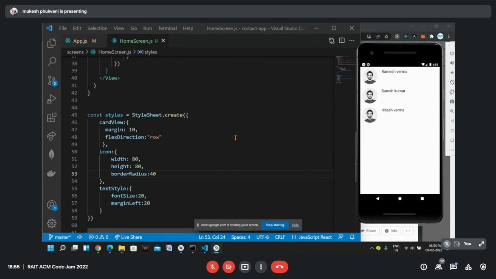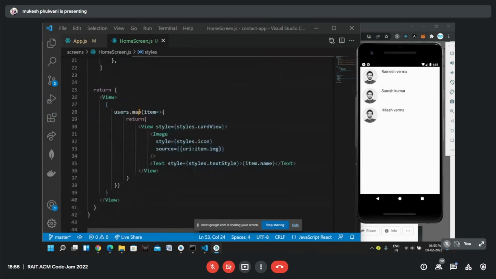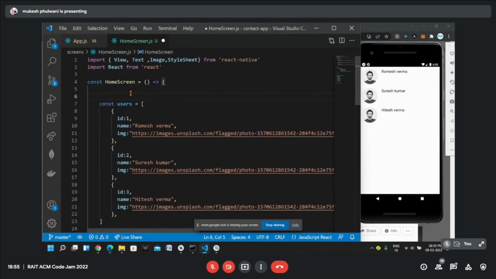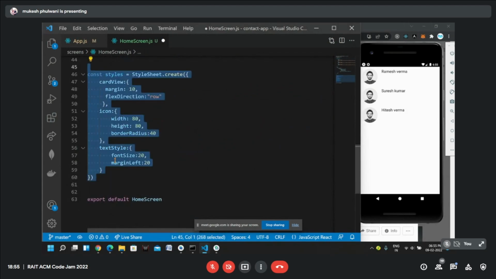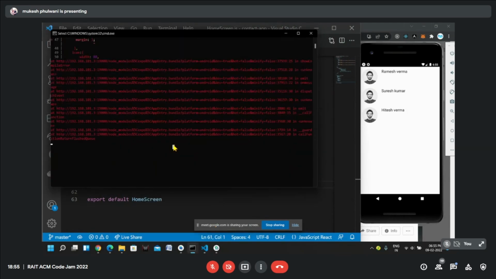What we will do is later we will need a UI library in our project. I do not want to write too much style related code. So for that, first of all, what I'll do is kill my development server.